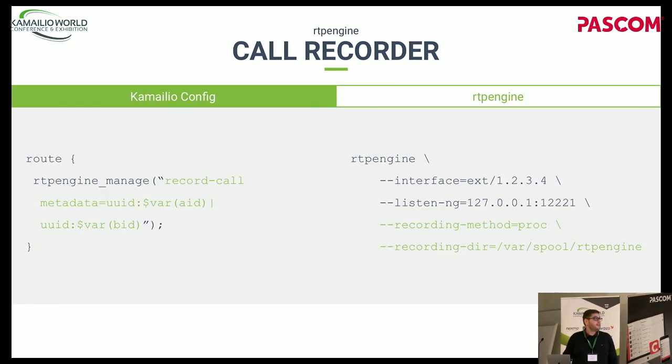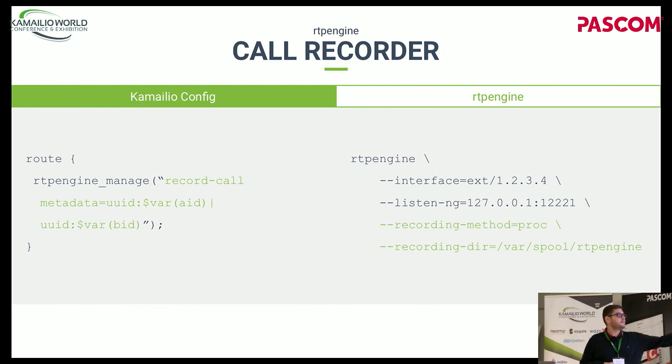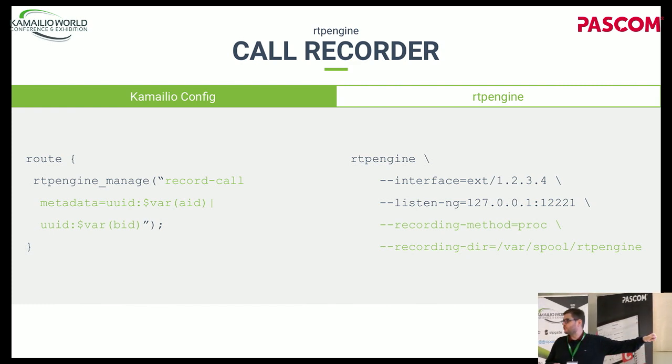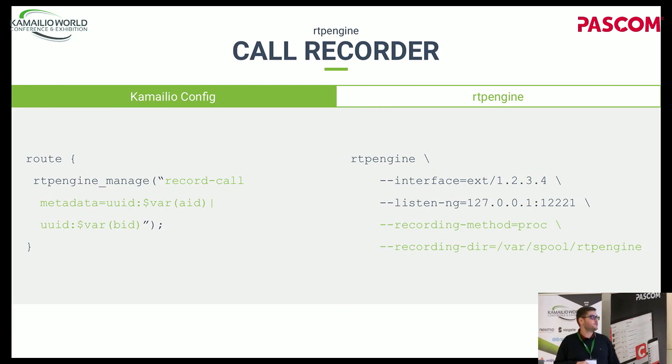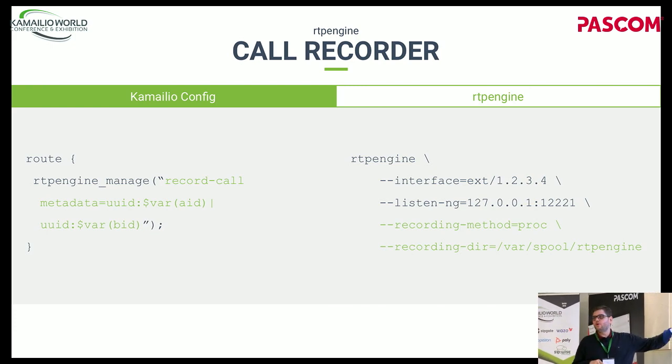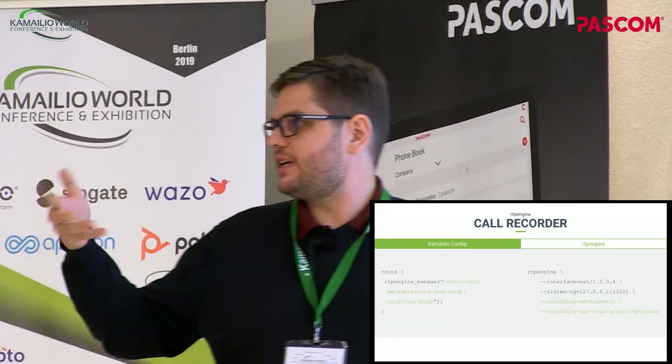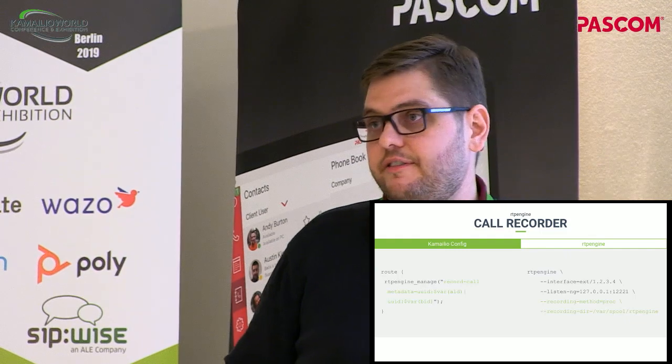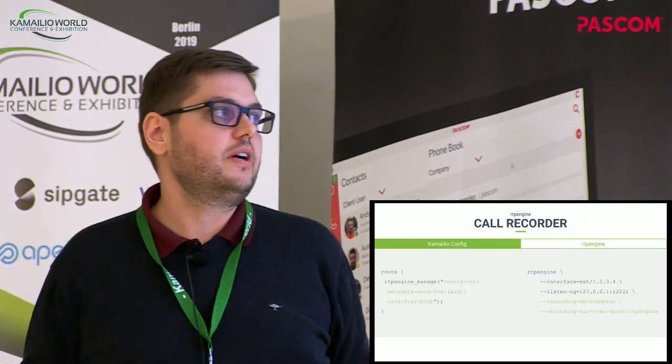All right, the way it works, pretty simple. You just instruct it to record the call, and then you give it a list of metadata that you actually want to store in MySQL, right? So in that case, we say we want to have a variable or a tag in the database called your UID, so a unique user ID that you can identify your A party and your P party with. And then wherever you get this A and P identifier, you just put it in as variables, for instance.